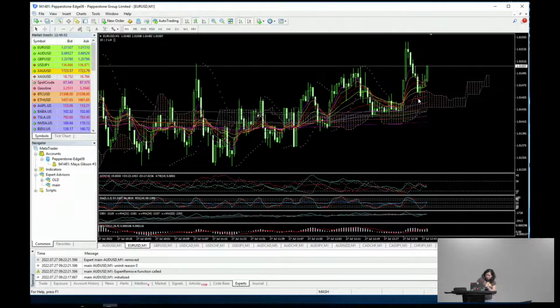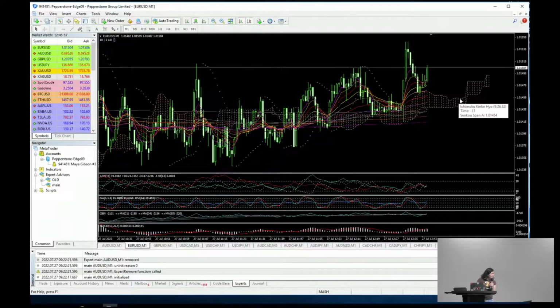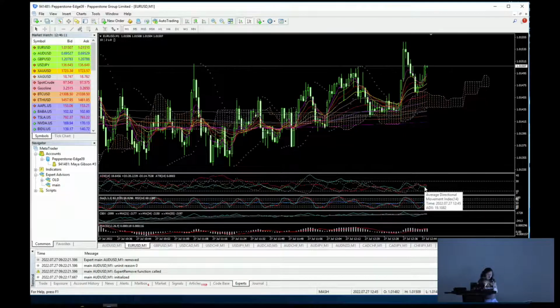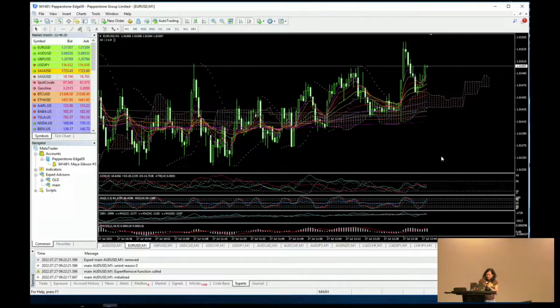And some of these lines that you can see, some of these dots, this cloud here, which is called an Ichimoku cloud. The cloud itself is called Kumo. These groupings down the bottom there, I'm not sure if you can see my mouse pointer. These are all indicators. Most of them are lagging indicators, which means that they only update once there is enough data. And so these indicators,